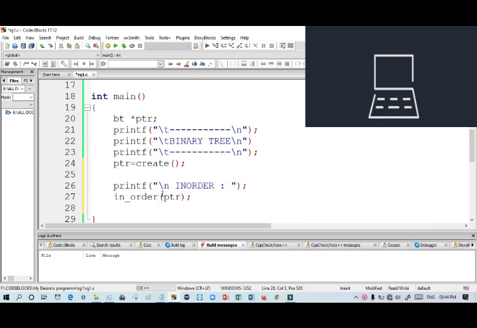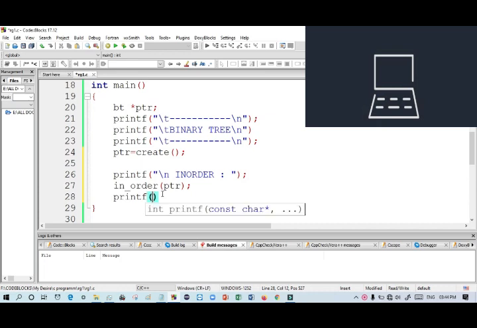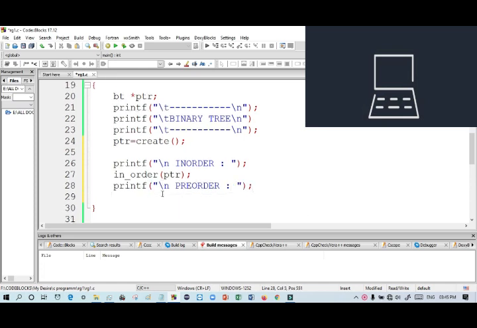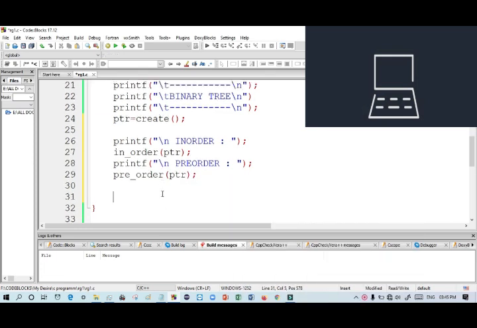Then for post order, print. So at first in order, after that I want to do pre-order. So pre-order, then we have to call this function, pre-order, and always you have to pass root.